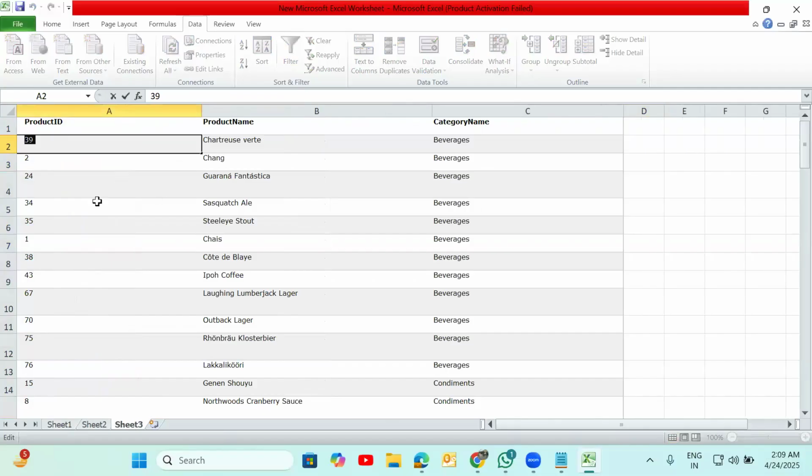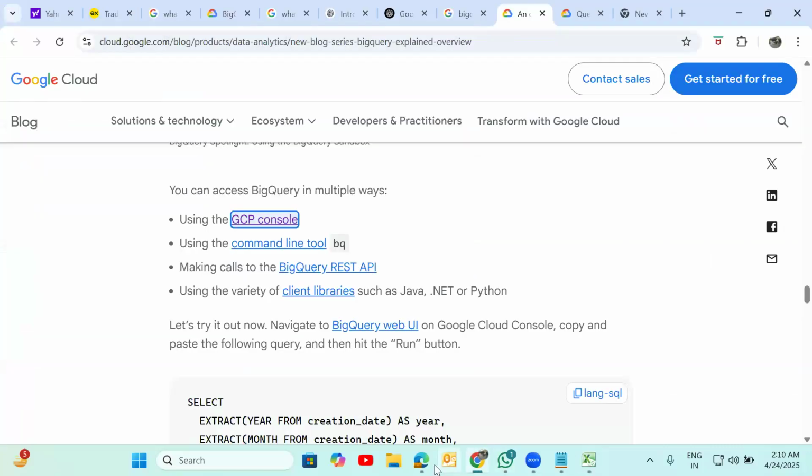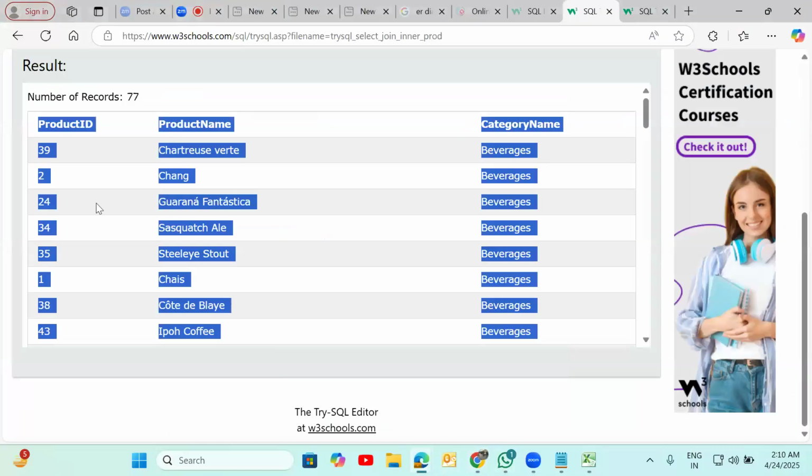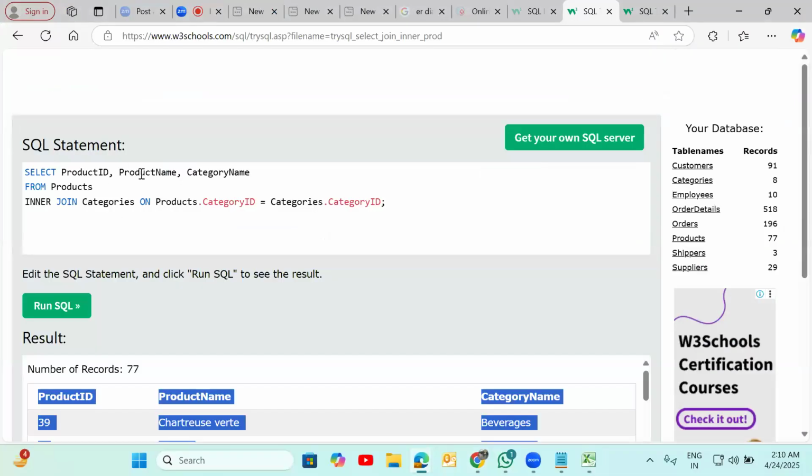Product ID is 39. Okay, in this query, what did they mention? Product ID, product name, customer name. Okay, category ID, category name. Okay, product name, category name.